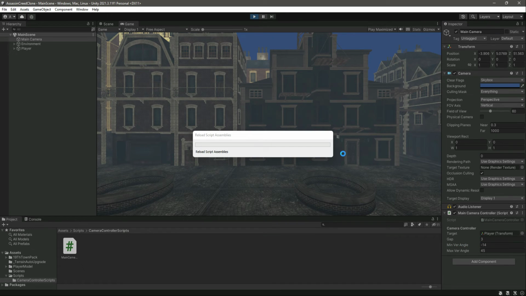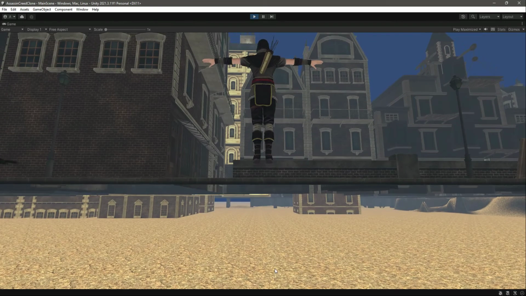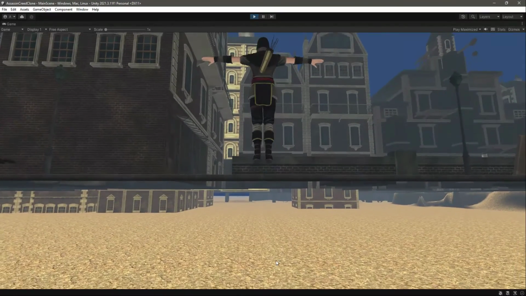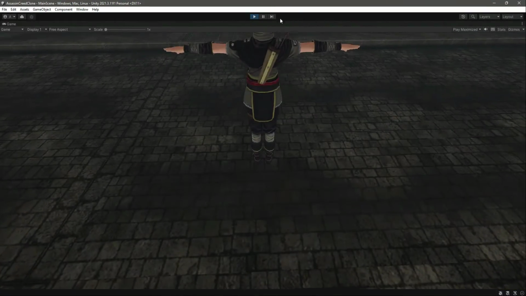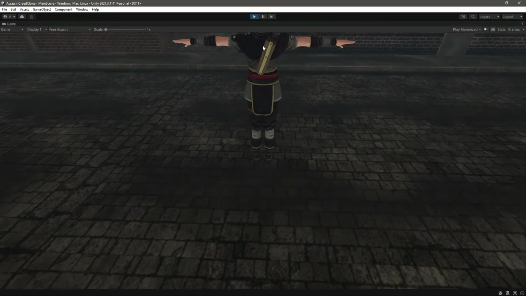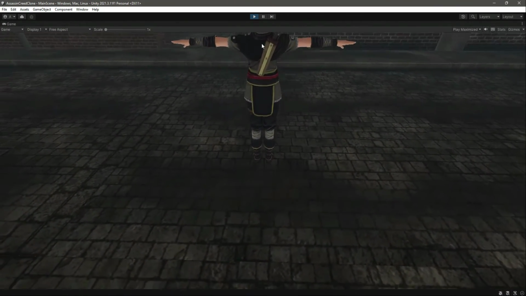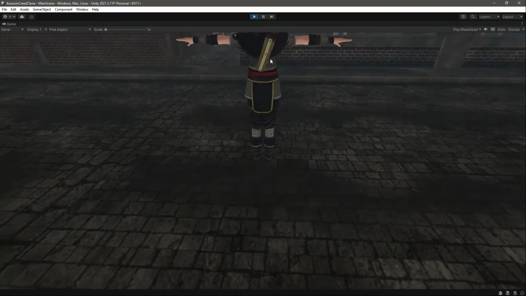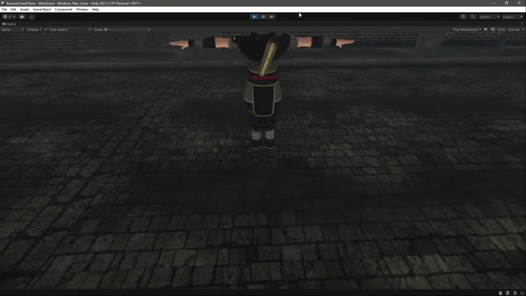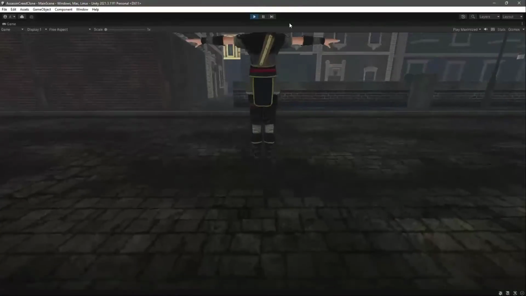And now if we play the game again, so as you can see, the main camera is still going inside the ground. This is because our main camera is currently focusing on the player back area and not on the player head. So when the camera will be focusing on the player head, then this issue will be fixed as well. Okay,